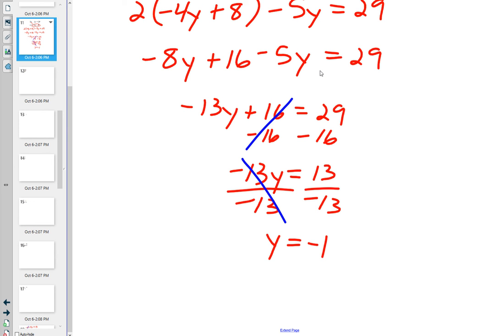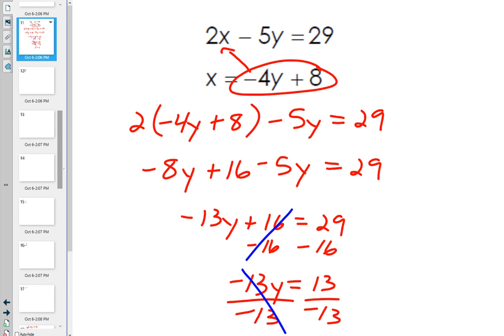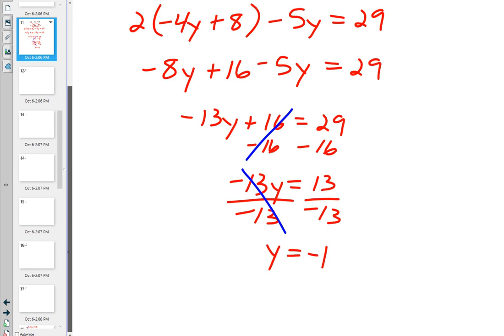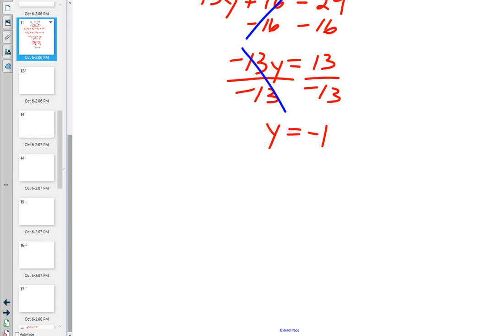Now, since I was able to solve for one variable, I know I should be able to solve for the other one. The nice thing about substitution, you're always going to have one equation that has the variable that you're looking for already by itself. Not that I can't use the 2x minus 5y, but I'll just use the bottom because that is already by itself. So x is equal to